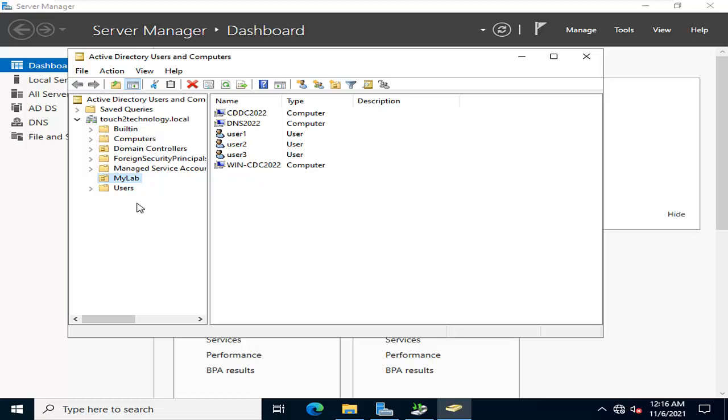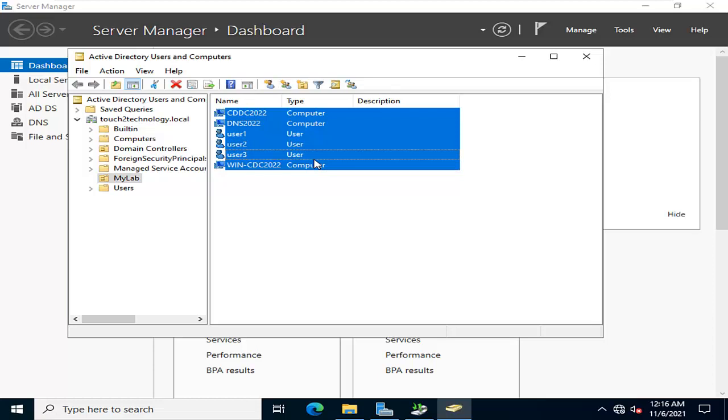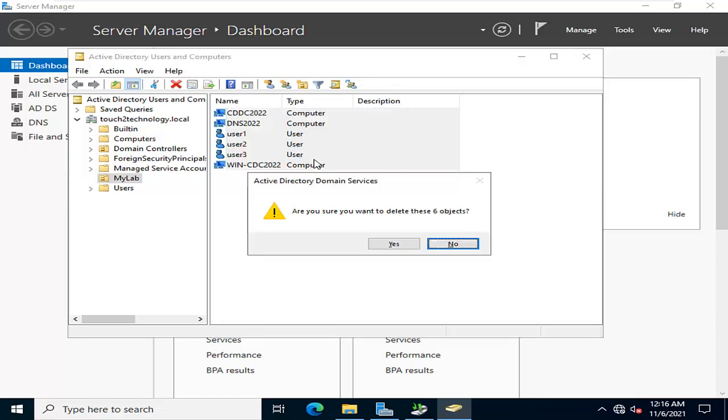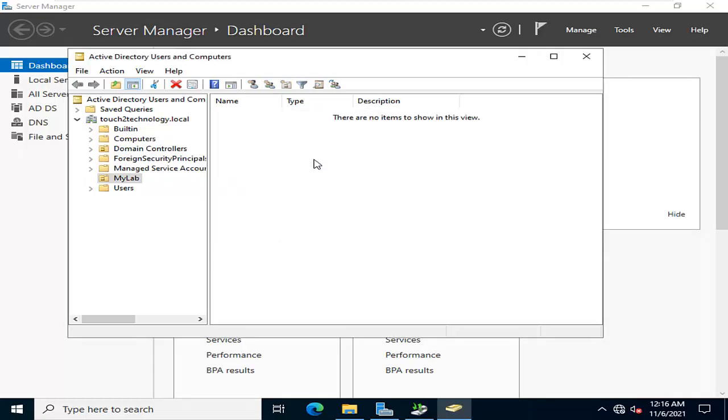I am going to delete all these users and computers. Just assume in case you delete your objects by mistake or accidentally. In this demonstration I show how you recover your Active Directory objects.